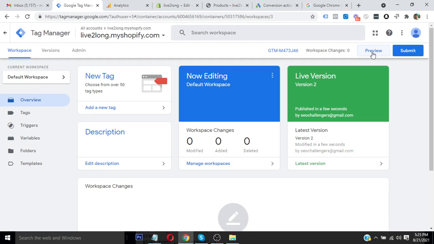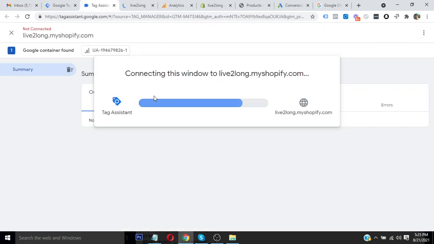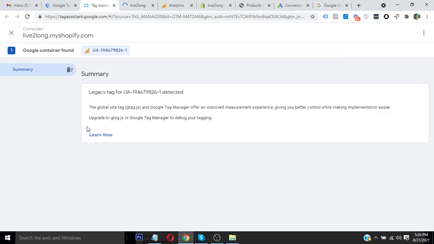So there are different ways to verify. One is from the tag assistant, another one is from the tag manager, and another and best way is to verify from the analytics real-time view, which we have shown you before. So let's verify from the tag manager now. Right now you can see two tabs will open when we click on the preview mode. Okay, we can see here our tag assistant has been connected and debug view has been opened.